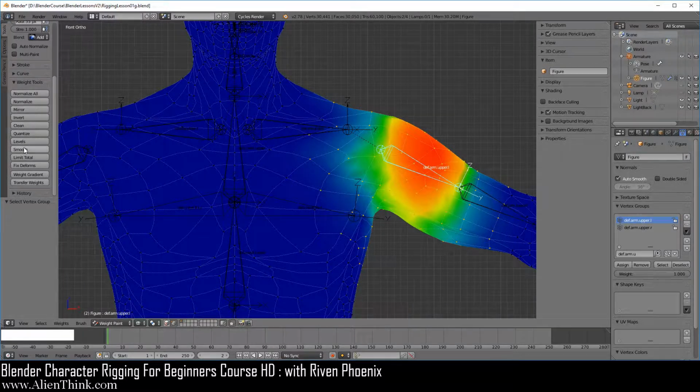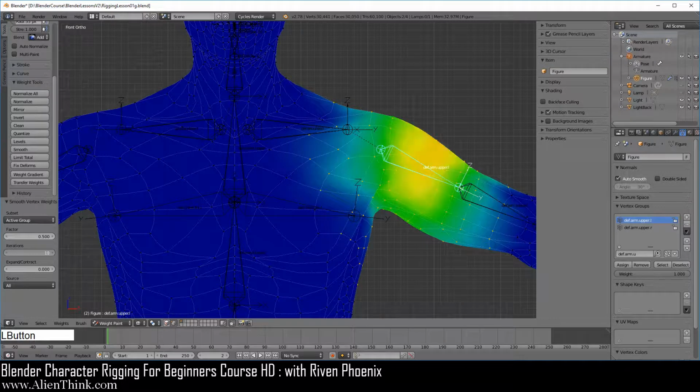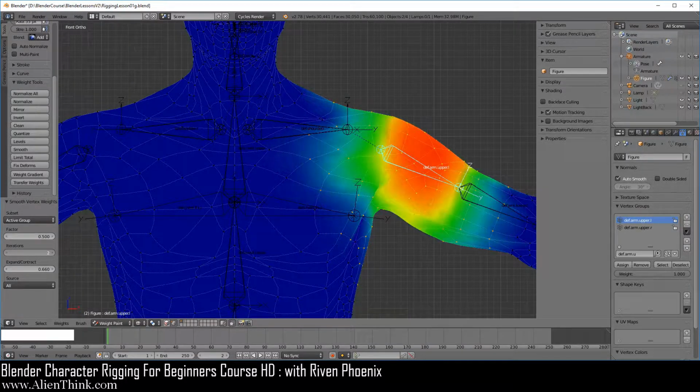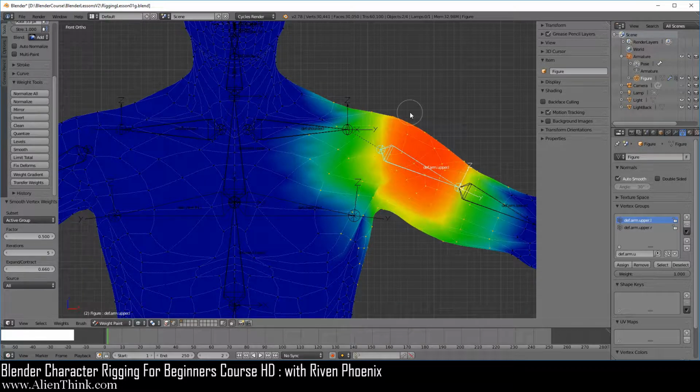Now when you go back and do smooth, you'll notice that what this is going to do is start to smooth your values. Remember, when you're doing smooth over here, iterations work from the outer to the inner. So here expand contract is from the center going outwards, and over here with iterations, you can see that if we put in more, it's changing the values from the outer to the inner. Basically that's what it's doing. Okay, so that's how that works.